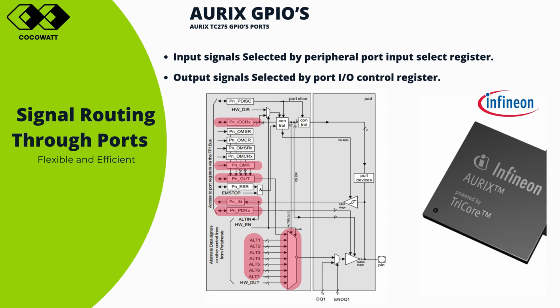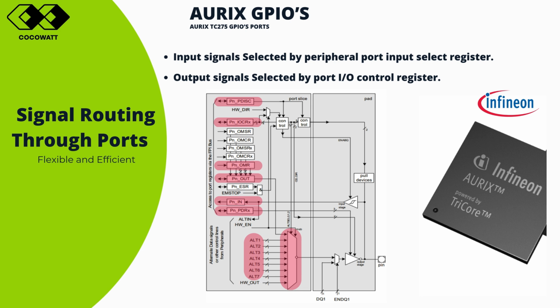Later, you decide to use alternate 1 to generate PWM signal for speed control. Simply modifying the port OMR registers will allow you to switch to the other functionality. Then there is a pad control register. This register allows you to configure pull up or pull down resistor at the output or as an input using PDISC register. This prevents the floating states, especially in input mode, and this controls the default pin when no output